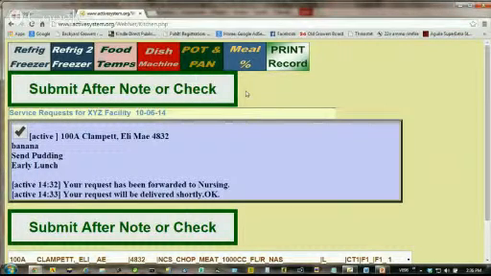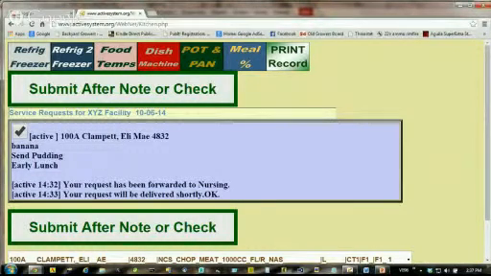However your facility determines you're going to do it. In most facilities, it's a combination. At certain times of day, nursing has to go pick it up, and other times of day, the kitchen can deliver it directly. Okay, so let's go back